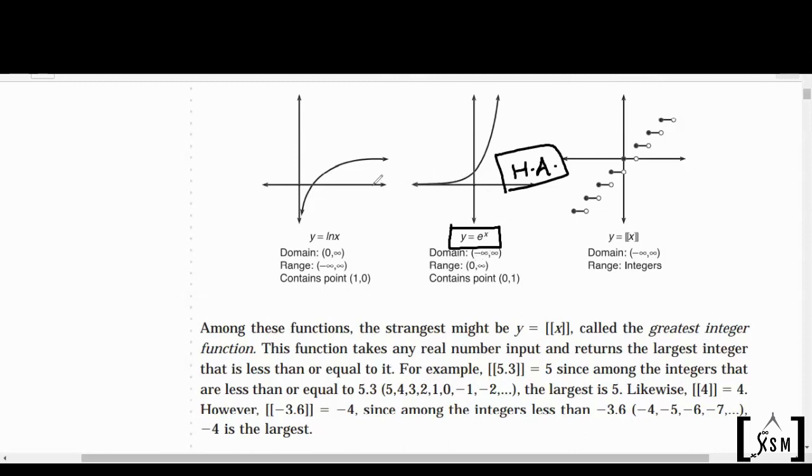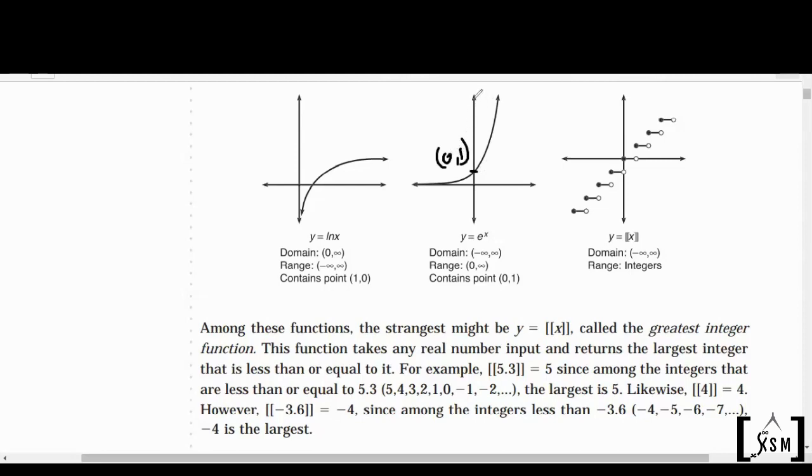It is going all the way to the left and all the way up to the right. So domain is all real values. And range is 0 to infinity, 0 open interval, because it doesn't touch the x-axis. So the y value is always greater than 0. So 0 to infinity, all the way 0 to infinity. It doesn't touch 0. And it contains the point 0 comma 1. As you can see on the graph, it cuts the y-axis at some point, and that point is 0 comma 1.